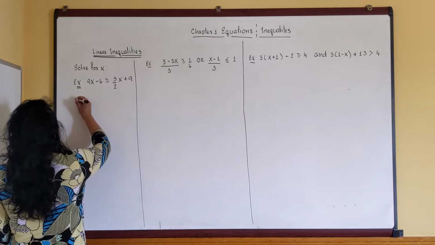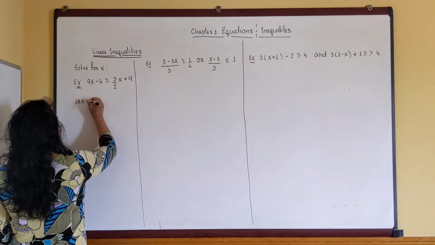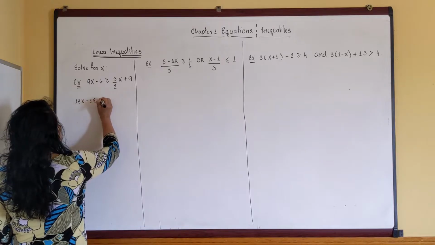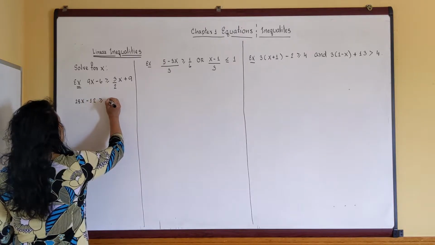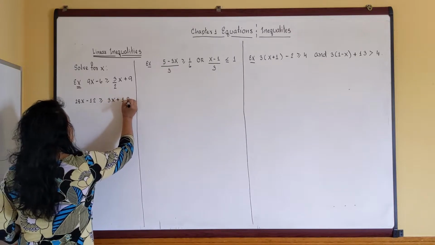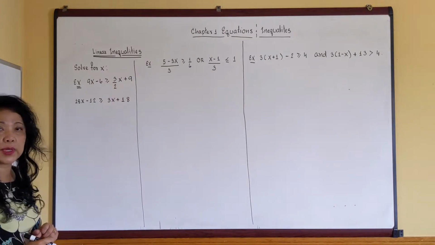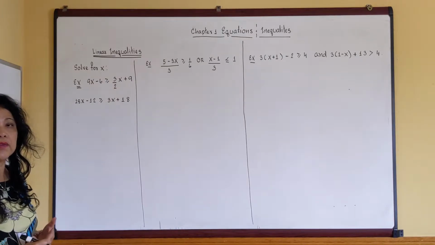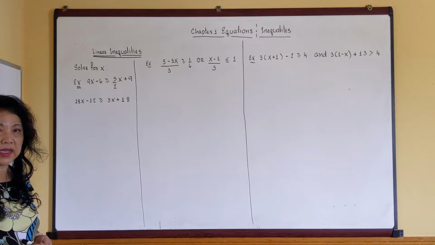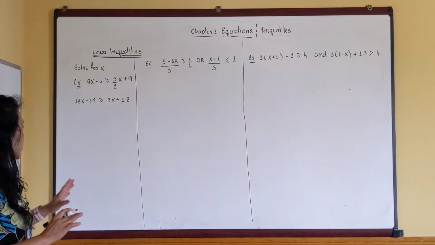So I'm going to have 18x minus 12 greater than or equal to 3x plus 18. Because 2 is a positive number, you don't need to reverse the inequality sign. If you multiply or divide by a negative number, the inequality sign will reverse. Other than that, you just